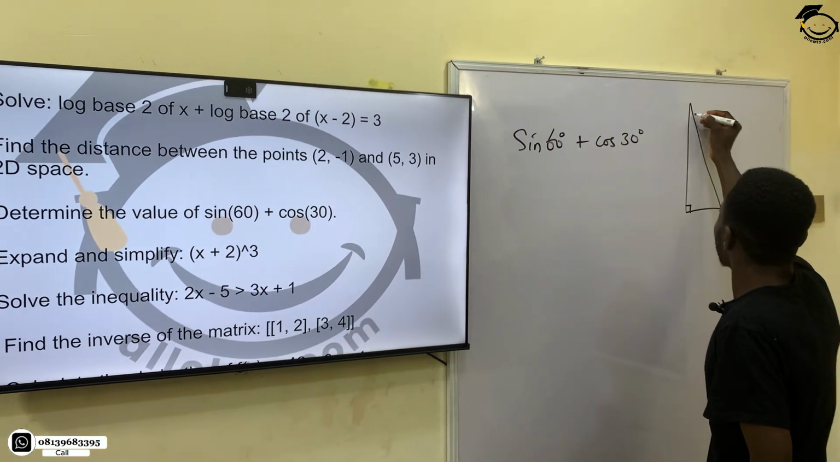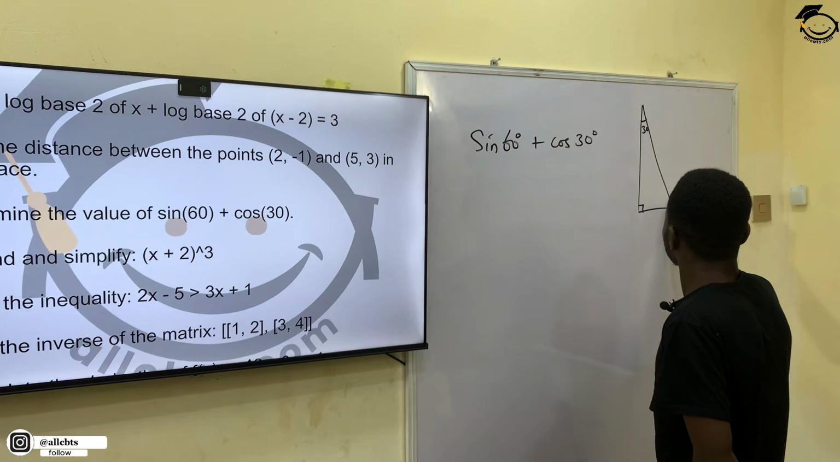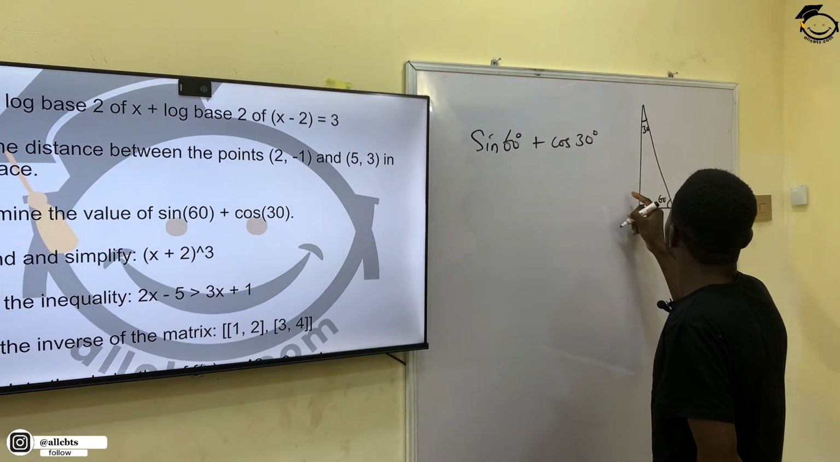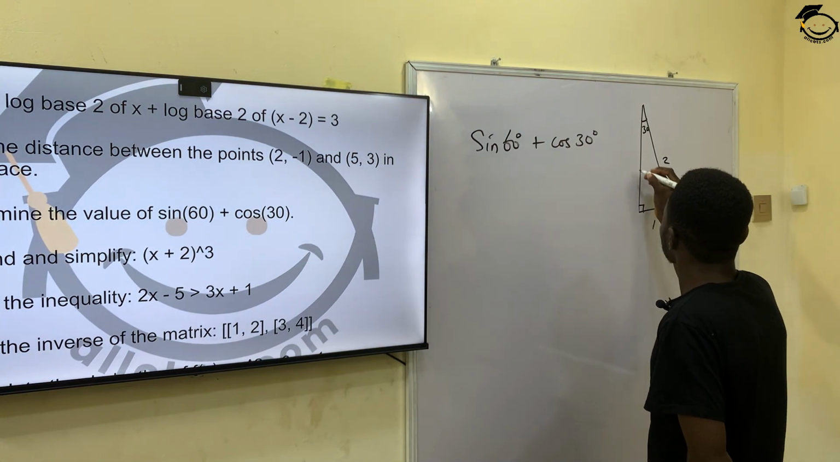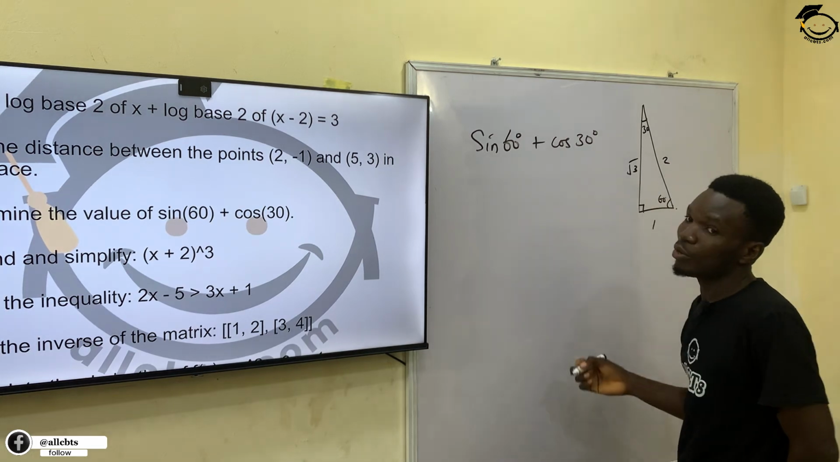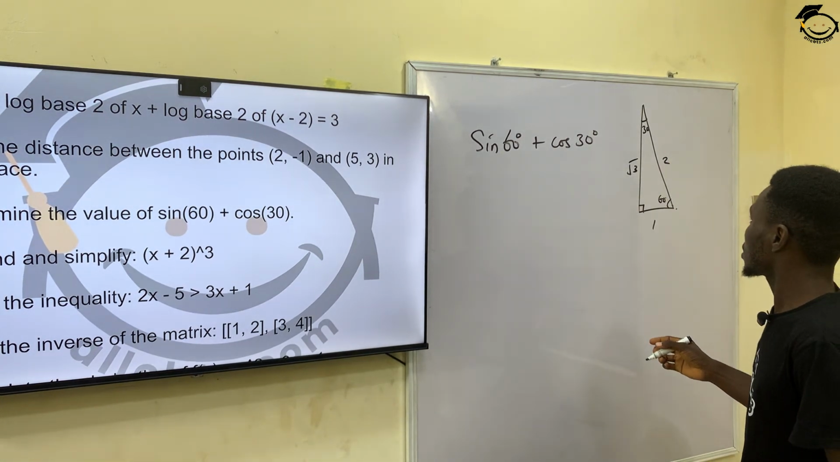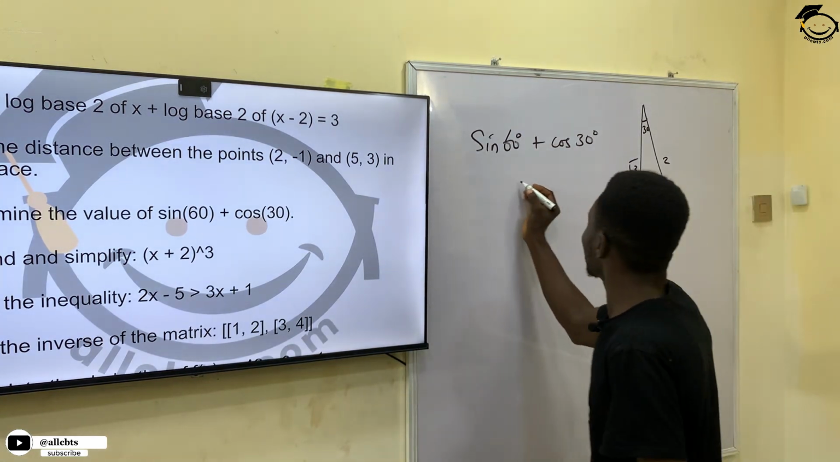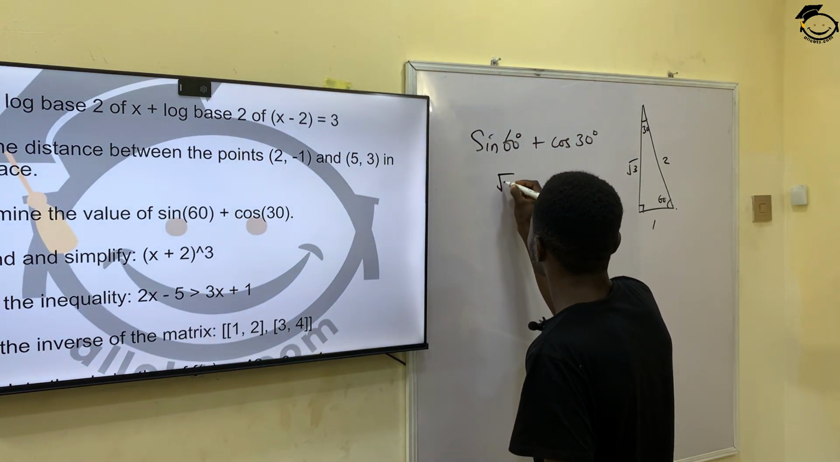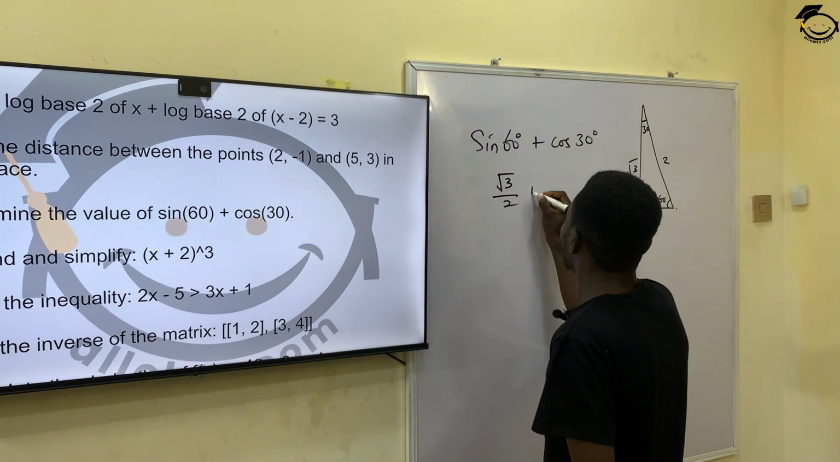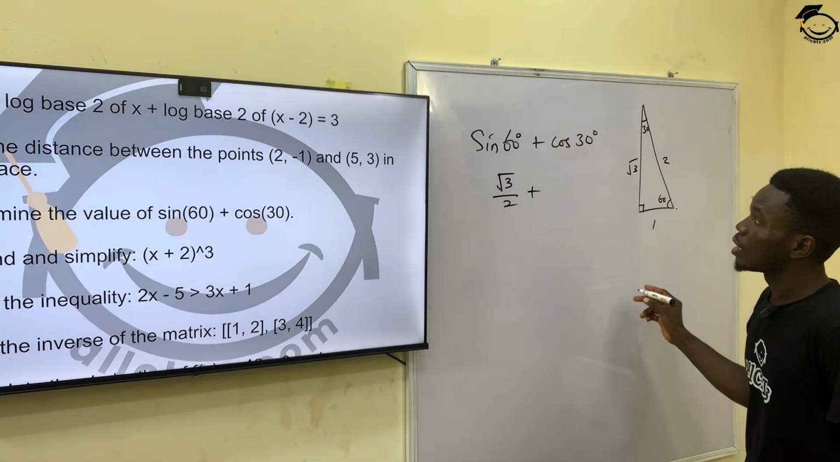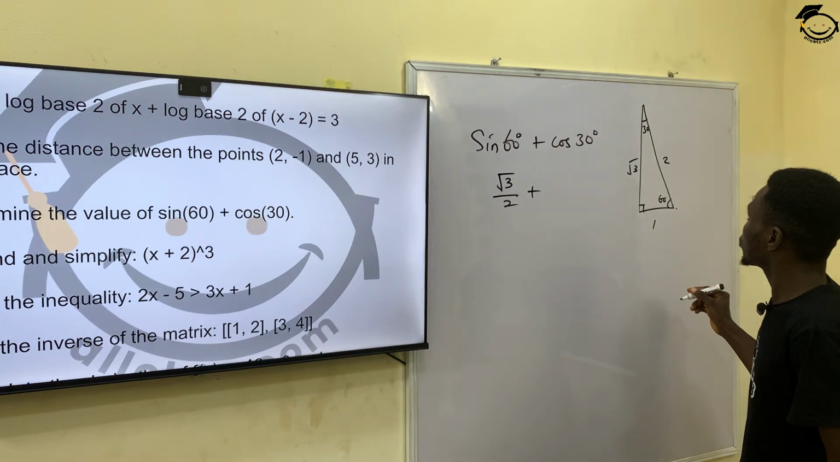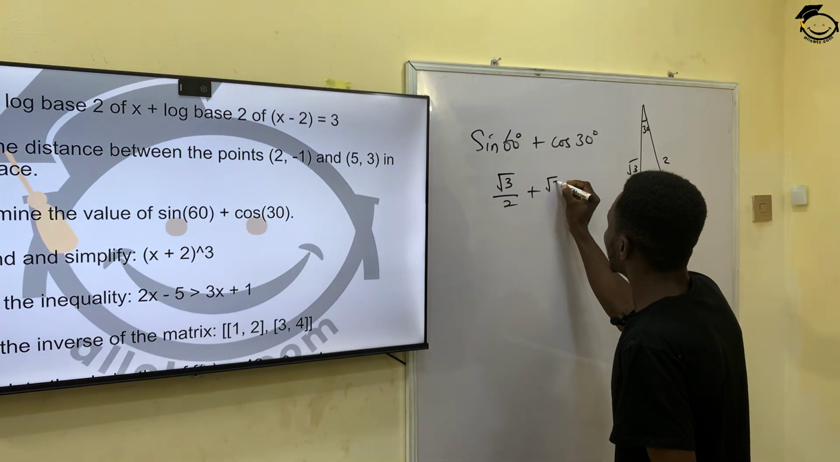This is a right angle triangle. This angle is 30, here is 60. This side is 2, 1, and this is root 3. So if I'm looking for sine 60, sine is opposite over hypotenuse, which means that my sine 60 will give me root 3 over 2, plus my cos is adjacent over hypotenuse, which will also give me root 3 over